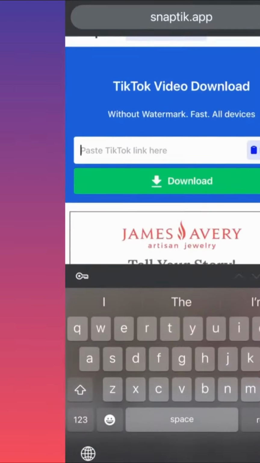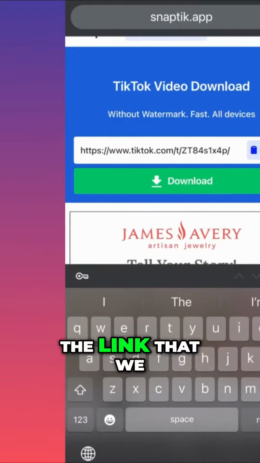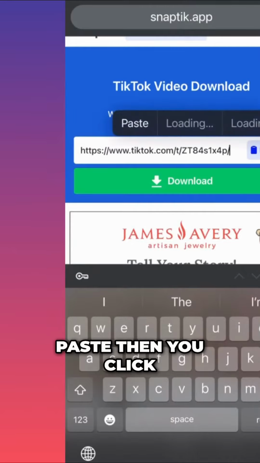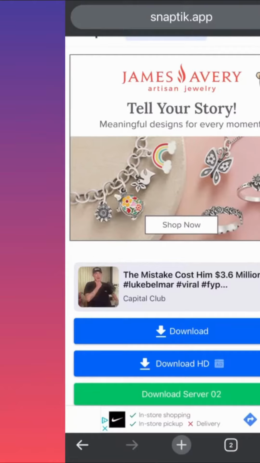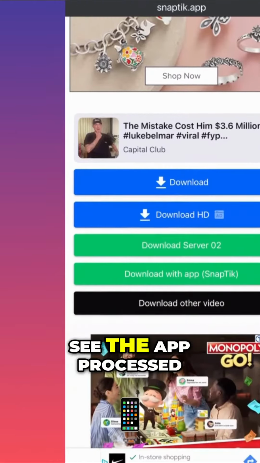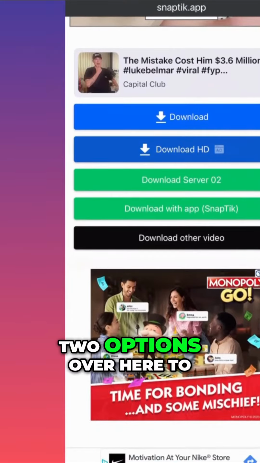You want to hit this search box, right? And I want you to paste the link that we just copied. Then I want to hit paste. Then you click download. As you can see, the app processed the actual video very fast, and you have two options over here to